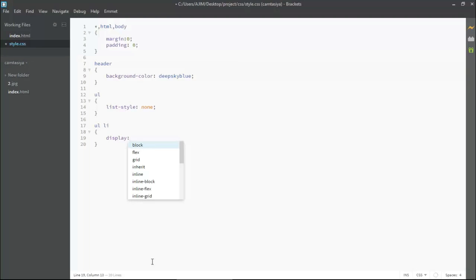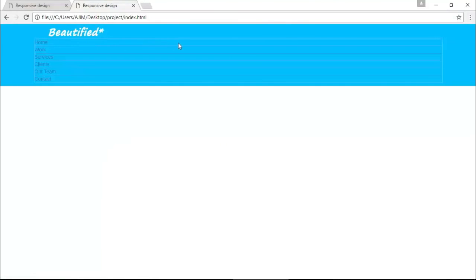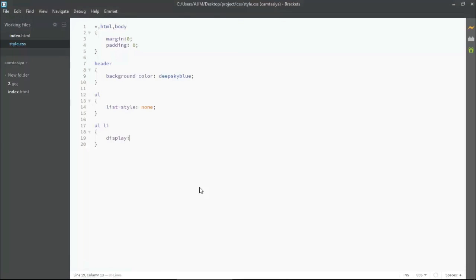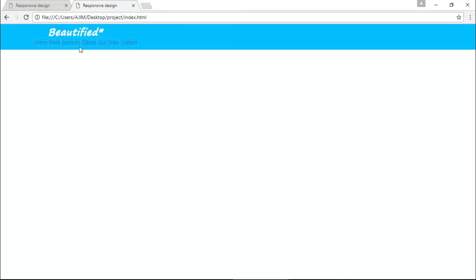Let me show you how we are getting there as a block. So I am coming here and you can see we are getting a box. So this is called block. So we have to put it in one line block. So I'm coming here and mentioning inline block. So it will fix all the navigation in one line. Okay, so I'm saving it and coming back to the browser. Yep, you can see all are coming beautifully.